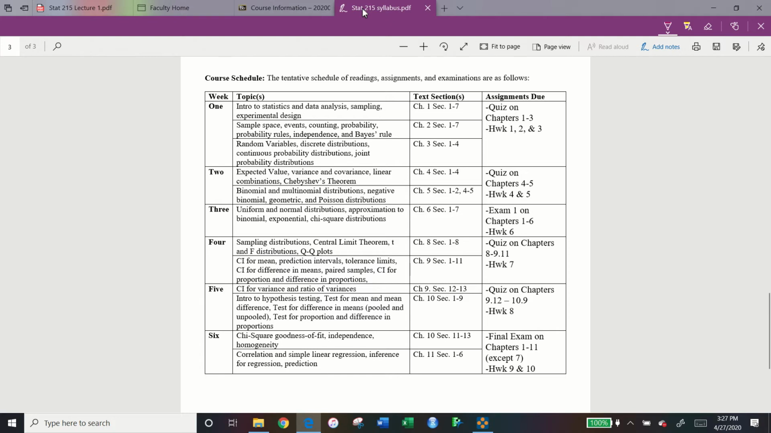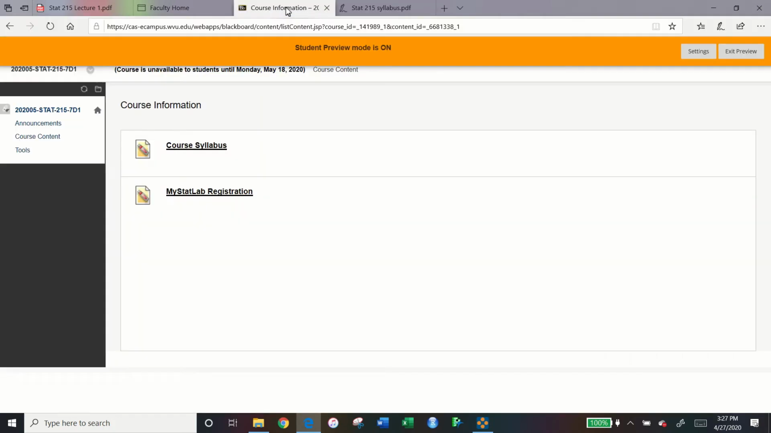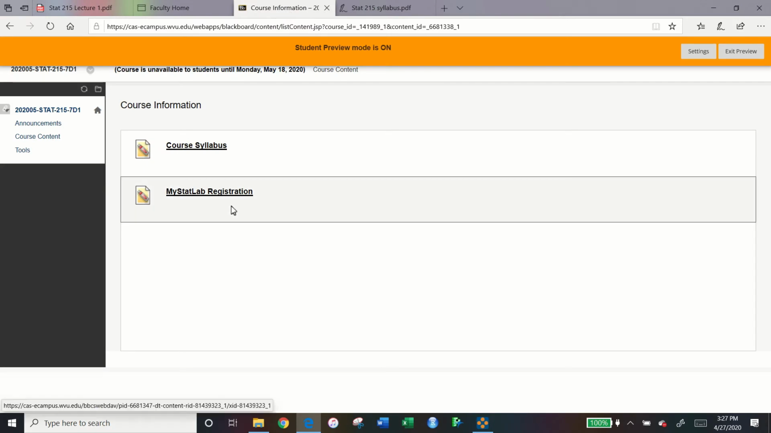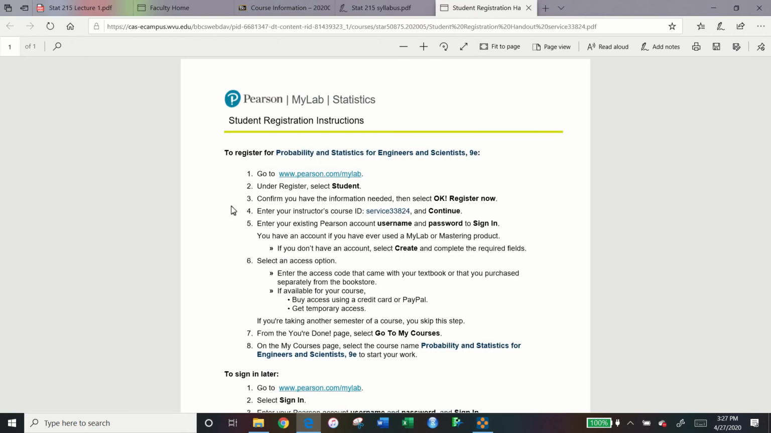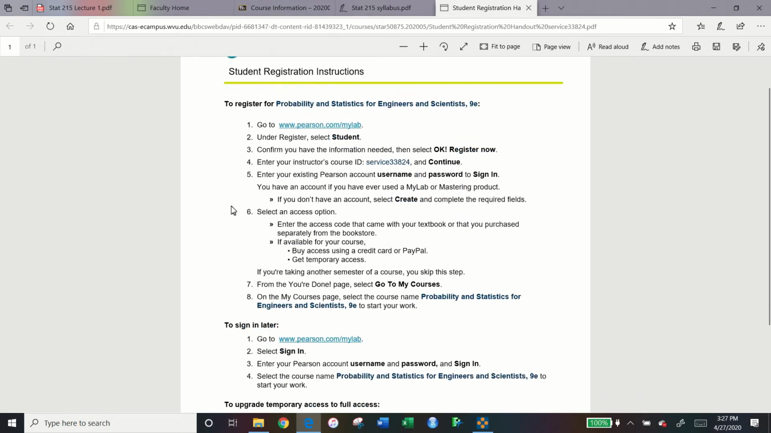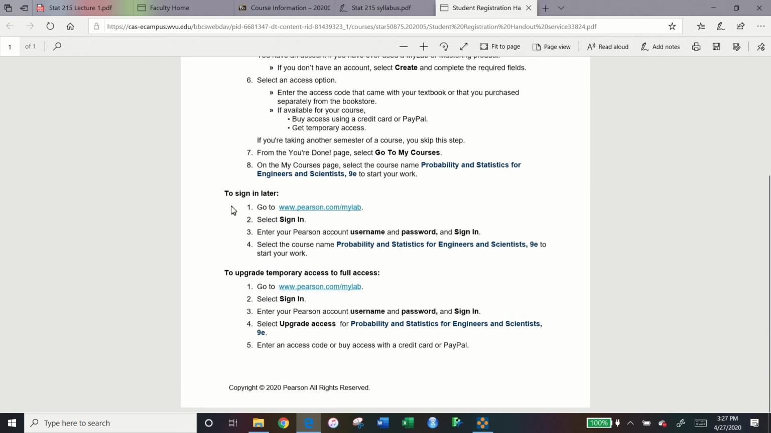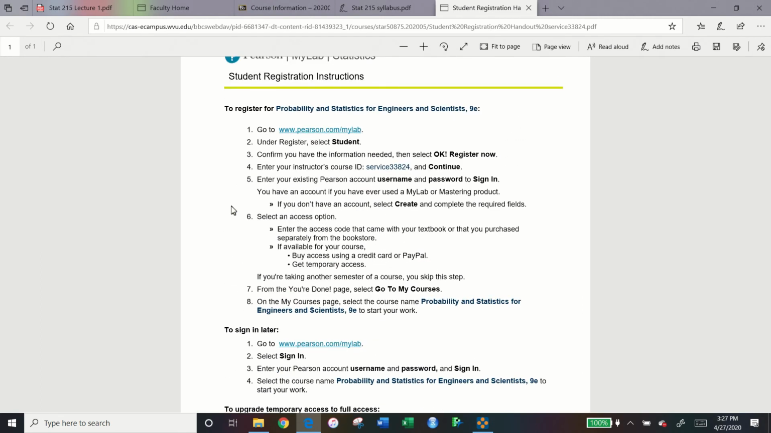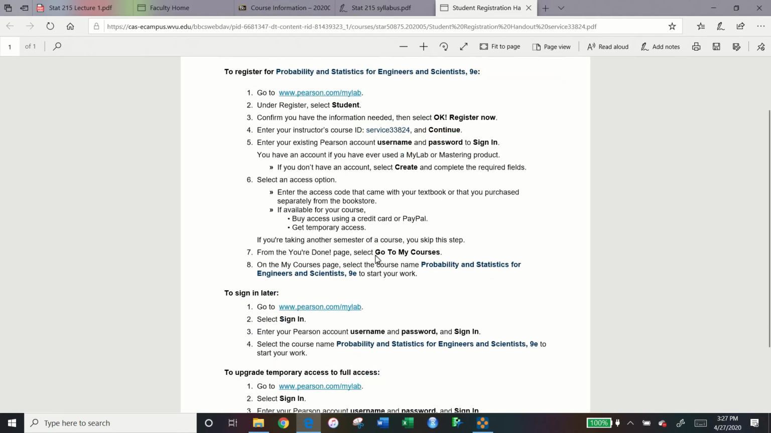And now at this time, let's go back to our course information and take a look at my Stat Lab registration. So this changes every course, so make sure you look at your registration page. The numbers may be different. But the process for getting your e-textbook, you should go to